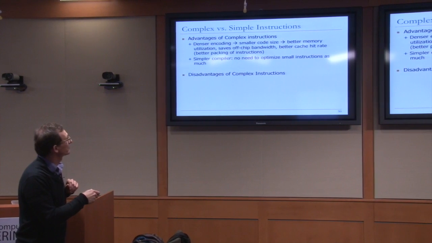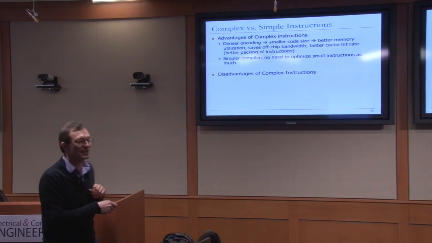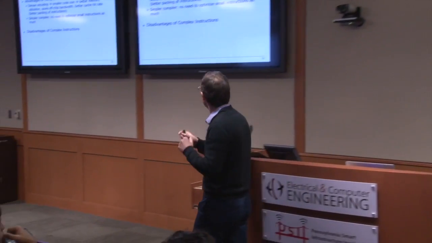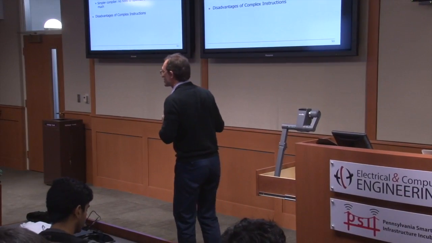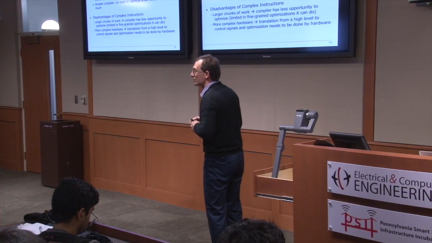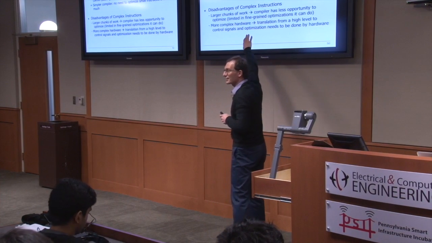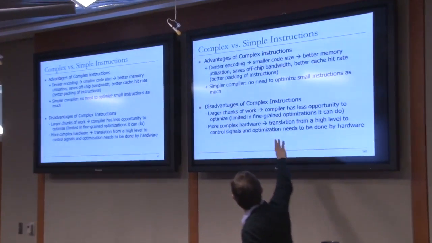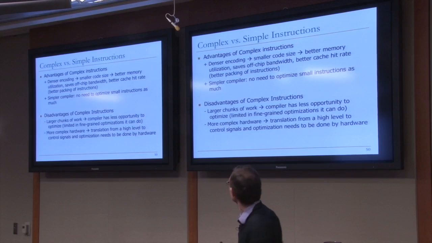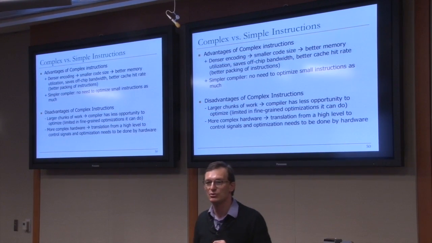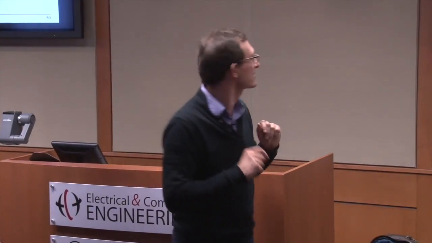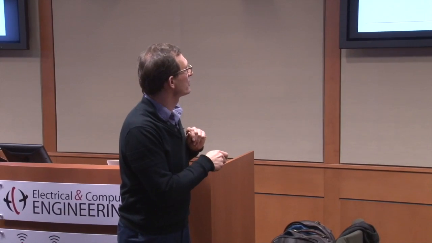And simpler compiler. You don't need to optimize small instructions as much because you don't have the freedom to optimize in a sense, right? You can compile to these complex instructions. But there are disadvantages also. Now you have larger chunks of work, right? And the compiler has less opportunity to optimize because it's limited in how fine-grained it can reorder the instructions. If you use an instruction that inserts into a doubly linked list that's implemented by hardware, the compiler cannot reorder individual operations, right? And also more complex hardware,